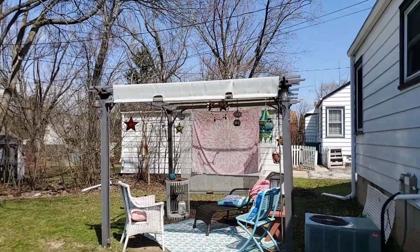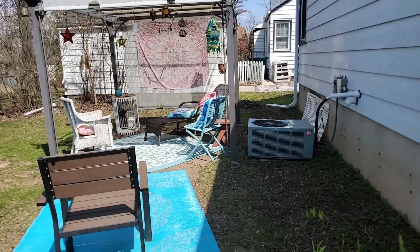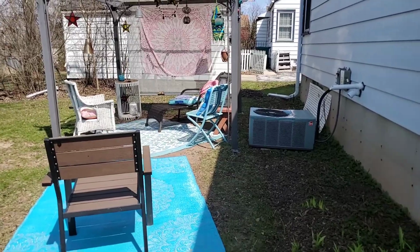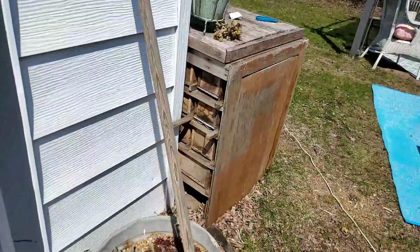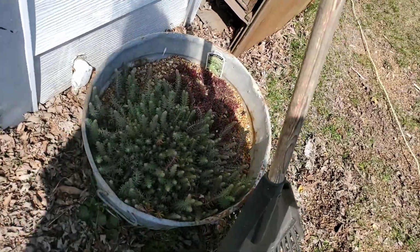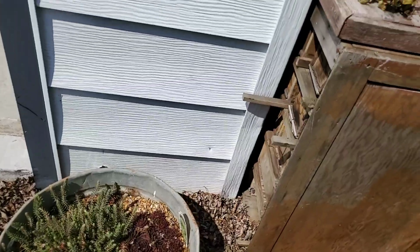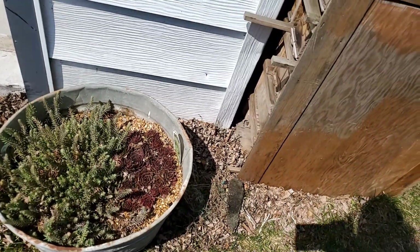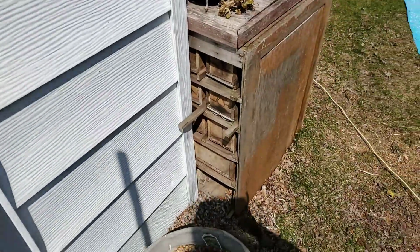But anyhow, this stuff can weather the elements. Unless I hear of some kind of snowstorm, then I'll come and grab some of this and put it in. I'm praying to God that we do not get that anymore. Anyhow, another look at that stuff, because I just love how this is growing so great. And then I put some stuff around here, but I'm not going to do that until I do the